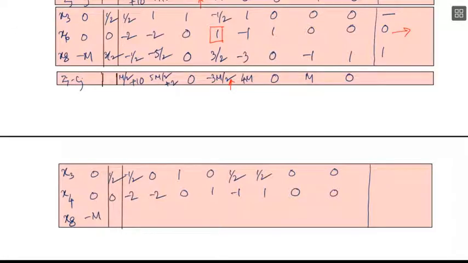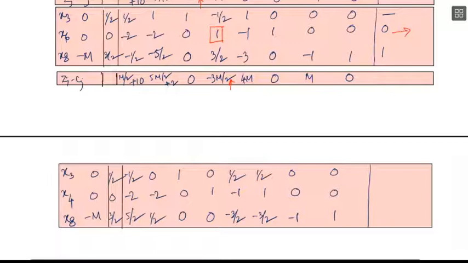And for the third row, we multiply the key row by 3 by 2 and subtract from the third row to get 3 by 2 minus half plus 3, minus half plus 3, so it will be 5 by 2, minus 5 by 2 plus 3, so it will be half, it will be 0, it will be 0, minus 3 plus 3 by 2, it will be minus 3 by 2, it will be 0, minus 3 by 2, it will remain minus 1 and 1.